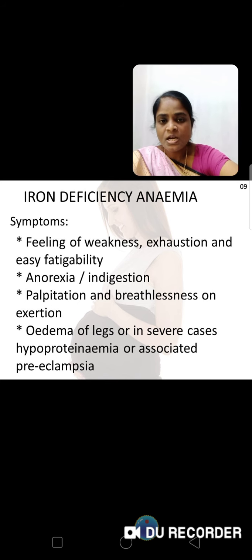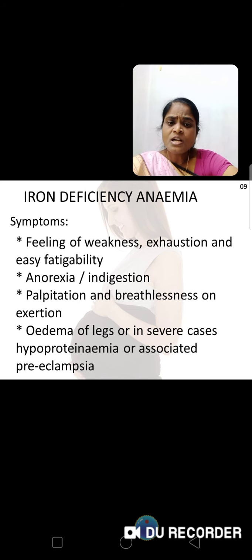Here are first some symptoms. How the mother may feel: weakness, exhaustion, and easy fatigability. They may feel activity intolerance. As a nurse, we can find out the activity intolerance. They may have dyspnea, giddiness and anorexia. They may have complaints of symptoms of indigestion. And through auscultation, you can find out palpitations, and they may feel